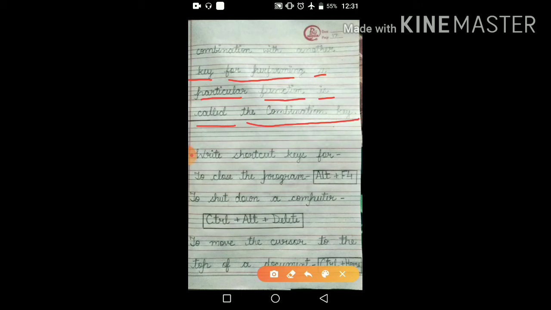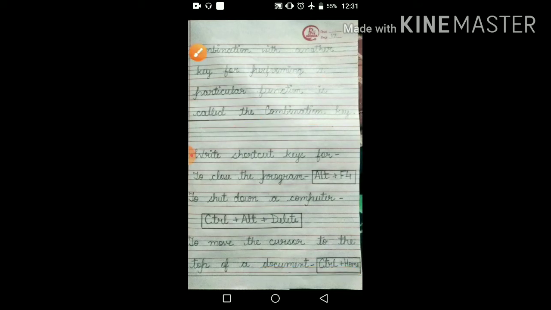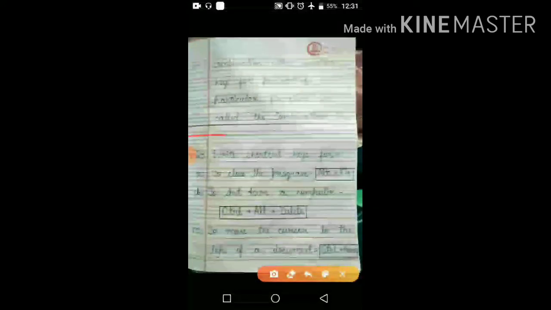Okay, here also C will be capital. Okay, after writing question number 2, leave one line and start with question number 3.